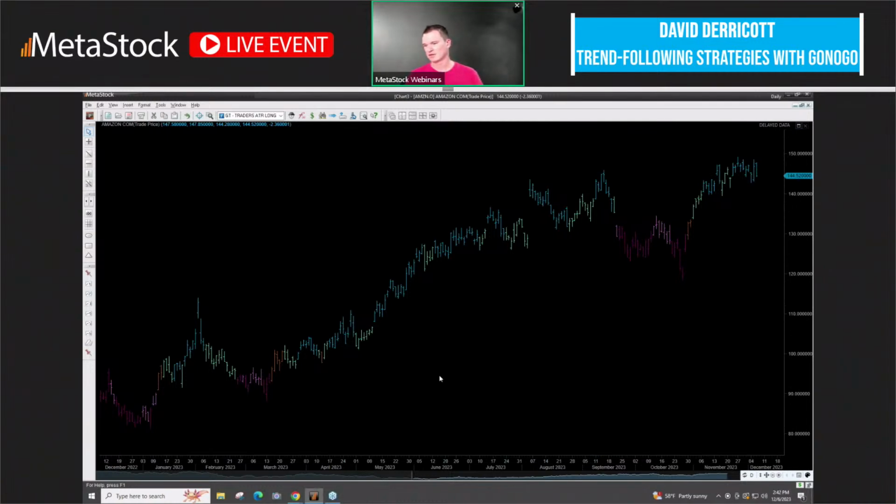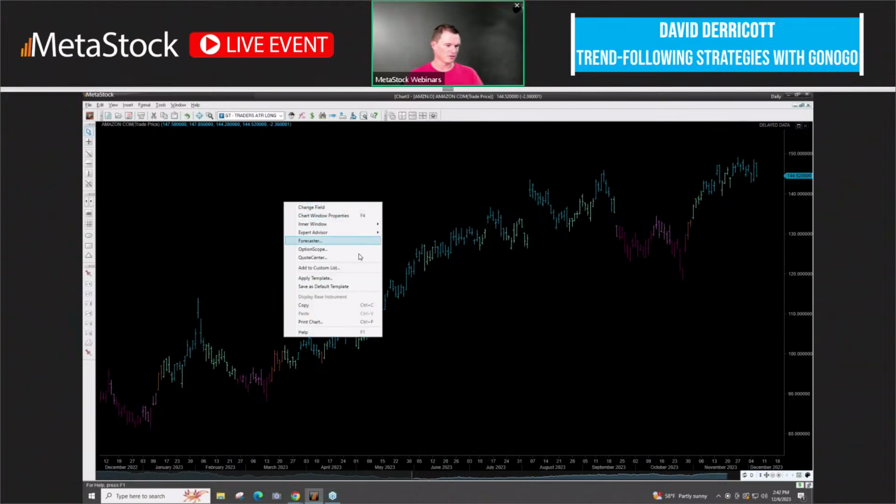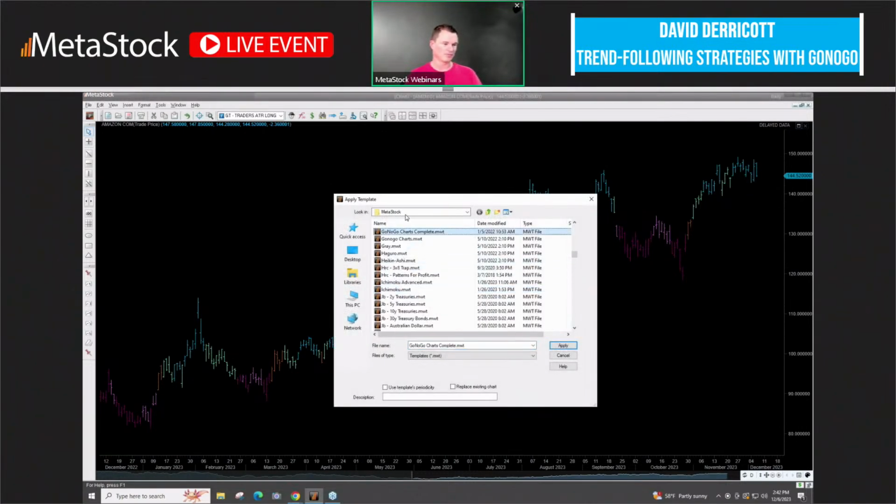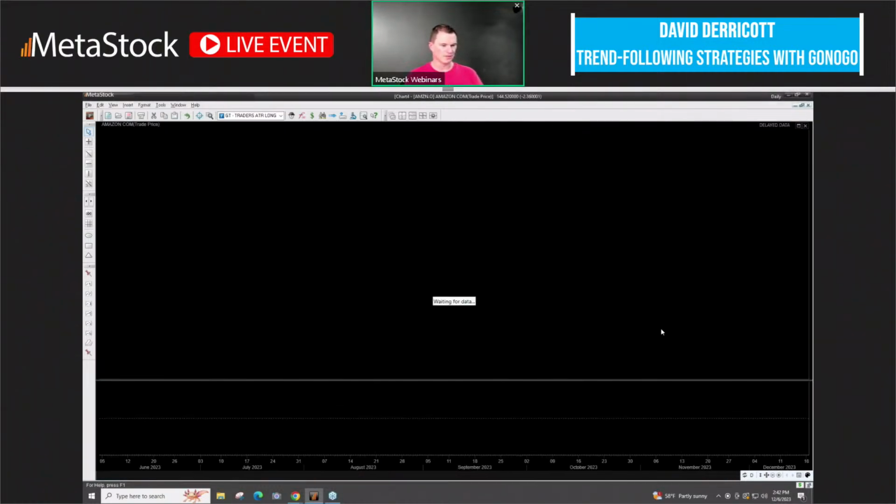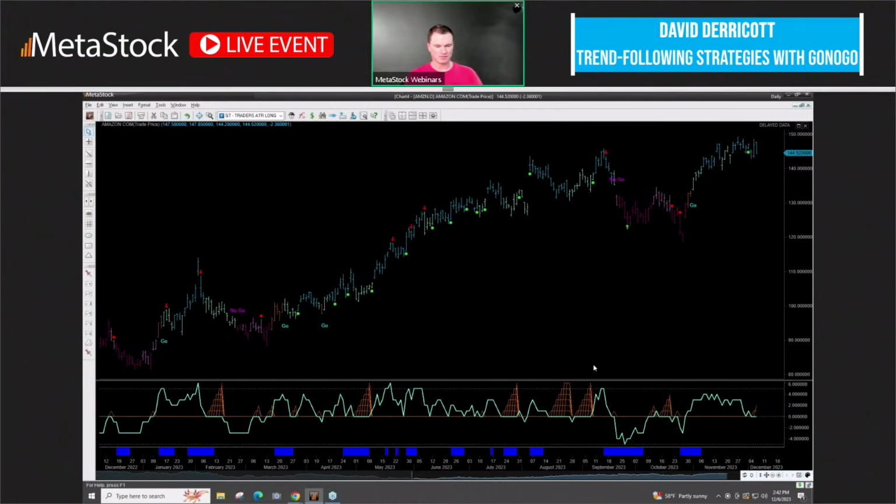However, they've taken this to the next level as far as trend identification. So I'm going to right click on the chart and choose the actual add-on, going through here and clicking on GoNoGo Complete. Double click that. And now you can see that you've got all of the add-on portions of the actual trend itself. So instead of just having a straight chart, you now have your oscillator and your squeeze indicator down here in the bottom. You also have your identifier, what we call the ribbon that identifies the trend and the strength of the trend as well. So this is a daily chart,